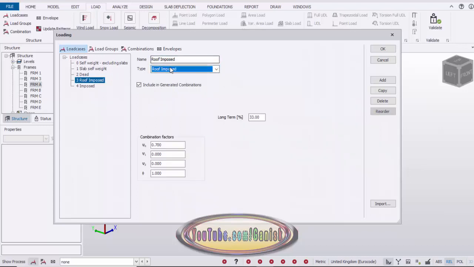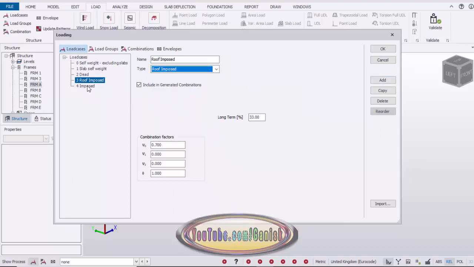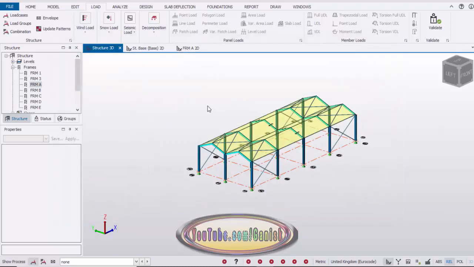Similarly, you can apply for the snow load. Just click on add for the new one and name it as snow load, and click on here and select the snow. Okay, now we have only dead load and roof imposed load. So the imposed load we're going to delete. Select it and click on here for delete, then click on OK.